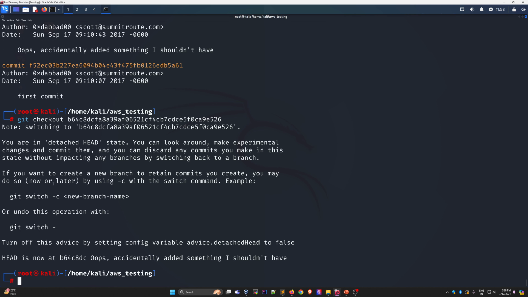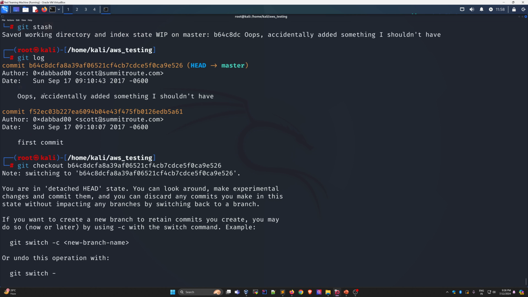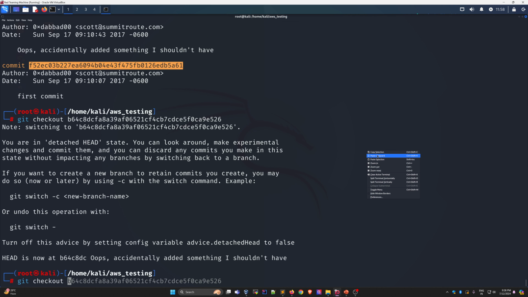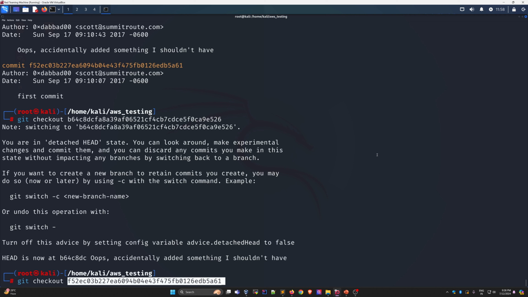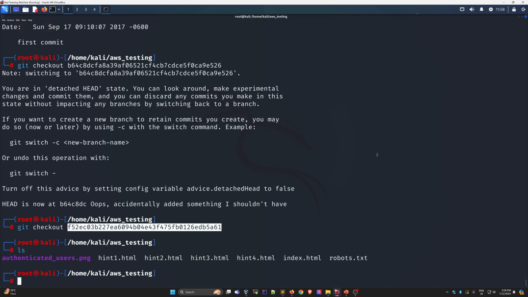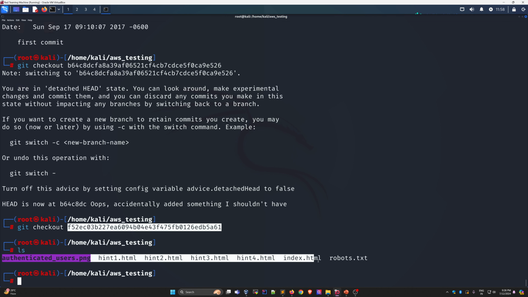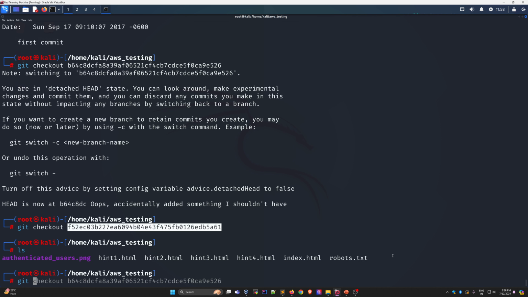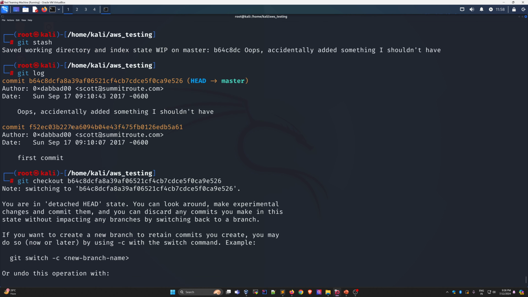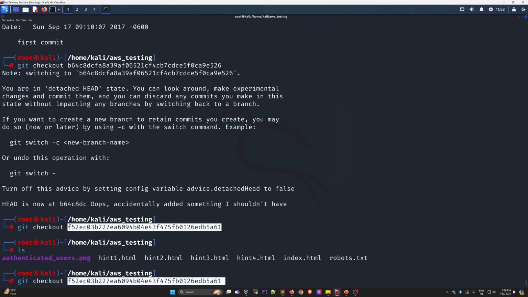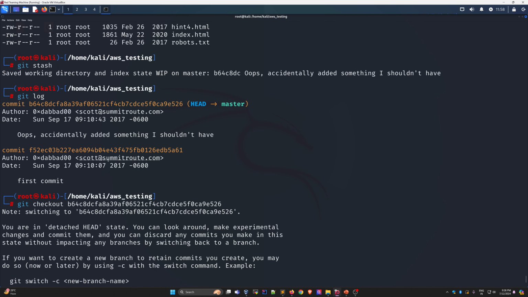What is there? Nothing. Git checkout. So what happened? When we are doing checkout, it means if something interesting was committed there, after that we can see that file. So if you want to see, there is nothing interesting there. And if we do this git checkout with this address, see, we did this, there is nothing interesting. If we do this after, okay, the one which we copied, yeah, this,